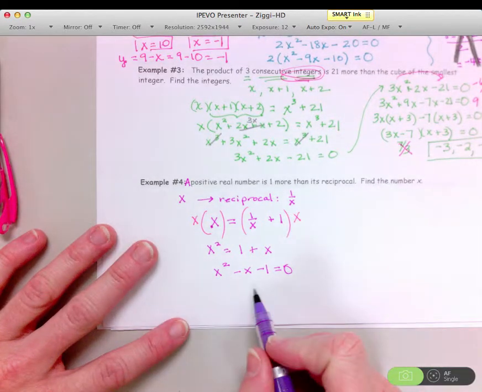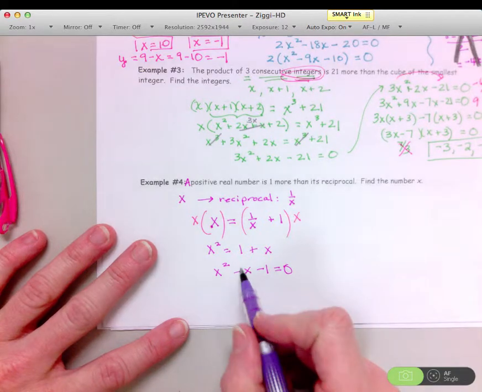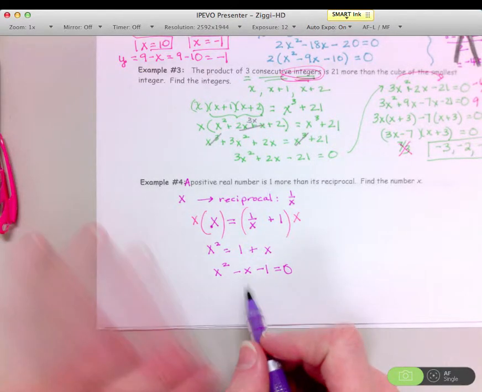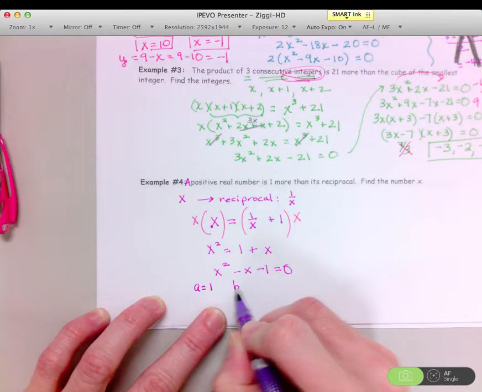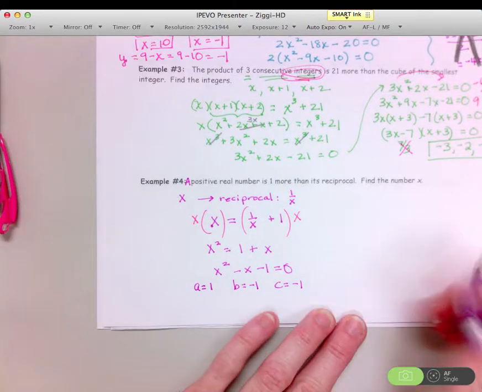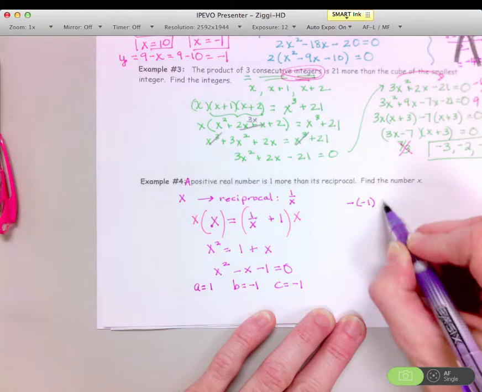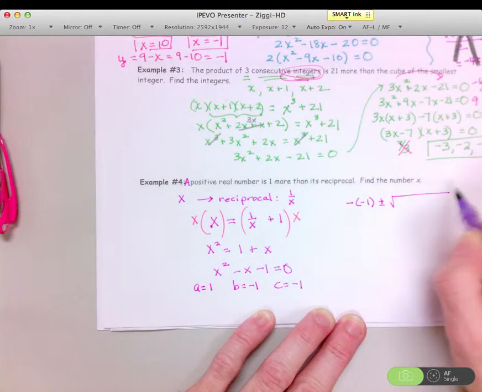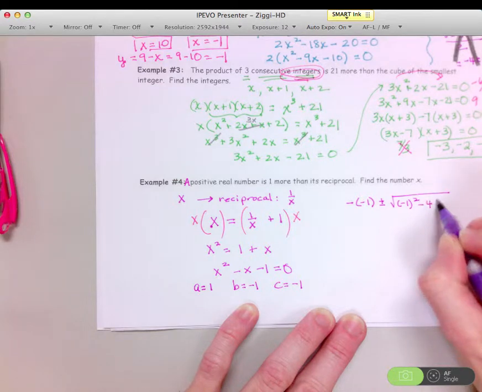So as you can see, it does not factor. Not a good candidate for completing the square because this would be a 1, which is odd. So we'll use the quadratic formula. Here, a equals 1, b equals negative 1, c also equals negative 1. So you have the opposite of b, so the opposite of negative 1, plus or minus the square root of b squared minus 4ac